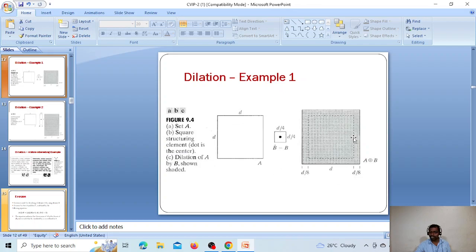This is the original image, so the d by 8 value is extended from set A. Set A consists of only d, but according to the dilation operation, it tries to expand some data. In this image we can identify the expanded image. The dotted lines are the original image, and we have a border. The border consists of d by 8, expanded on all sides: top, bottom, left and right.